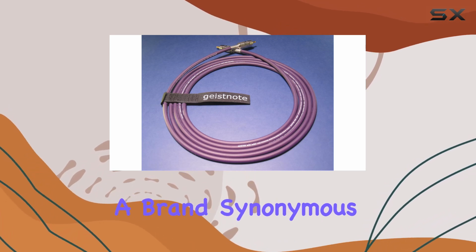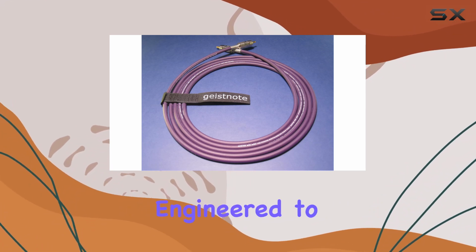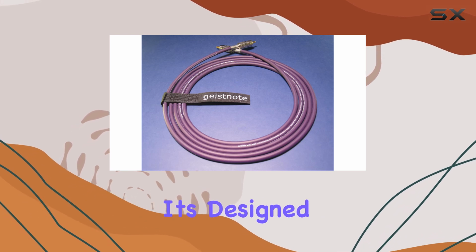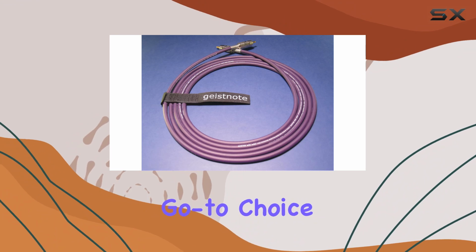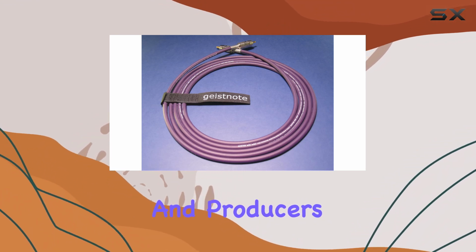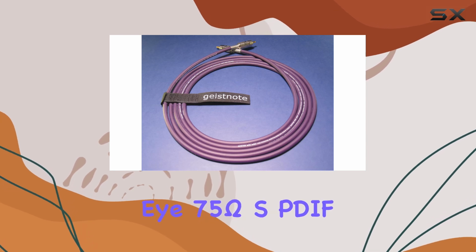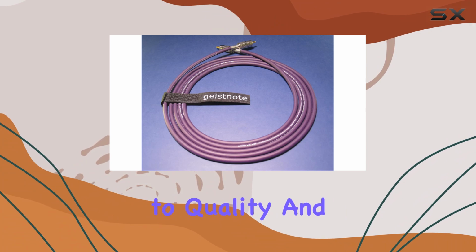Crafted by Apogee, a brand synonymous with high-end audio solutions, this cable is engineered to meet the rigorous standards of professional audio production. It's designed to minimize interference and maximize signal clarity, making it a go-to choice for audio engineers and producers worldwide. In conclusion, the Apogee Wyde I 75-ohm SDIF RCA cable stands as a testament to quality and